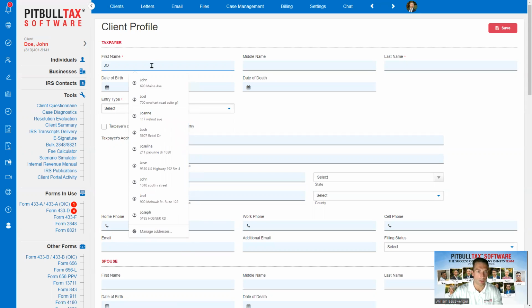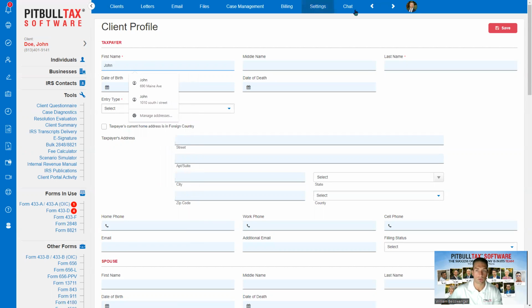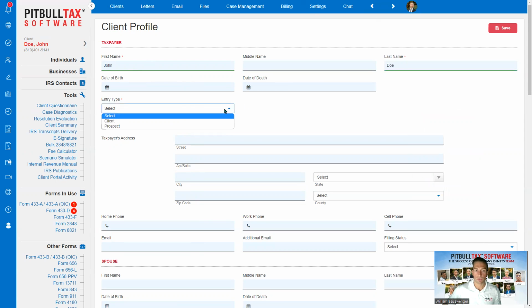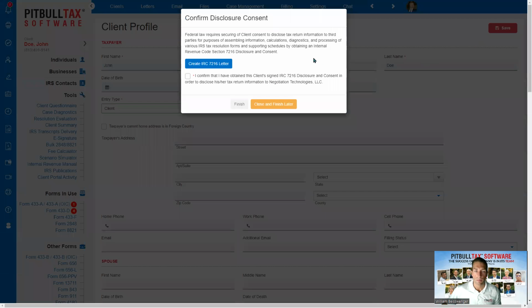But technically all you need is the first, last, and social. So I'm just going to put in a first and last here. And then once you switch the entry type to client and click save, it's going to pop up with this